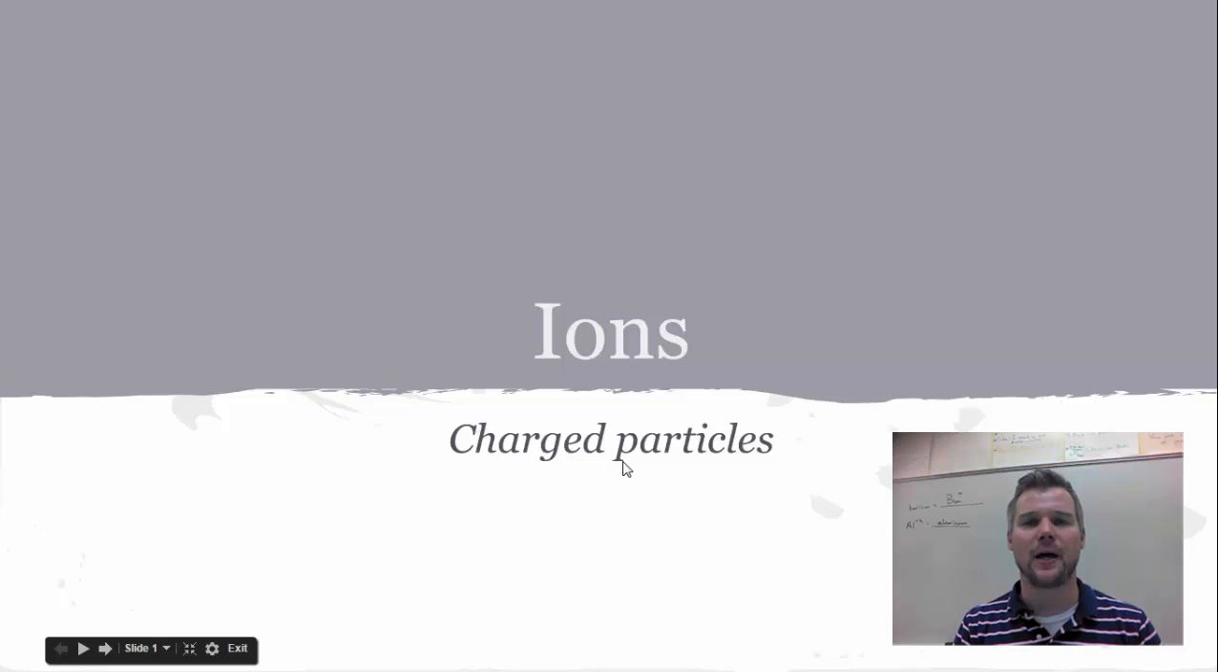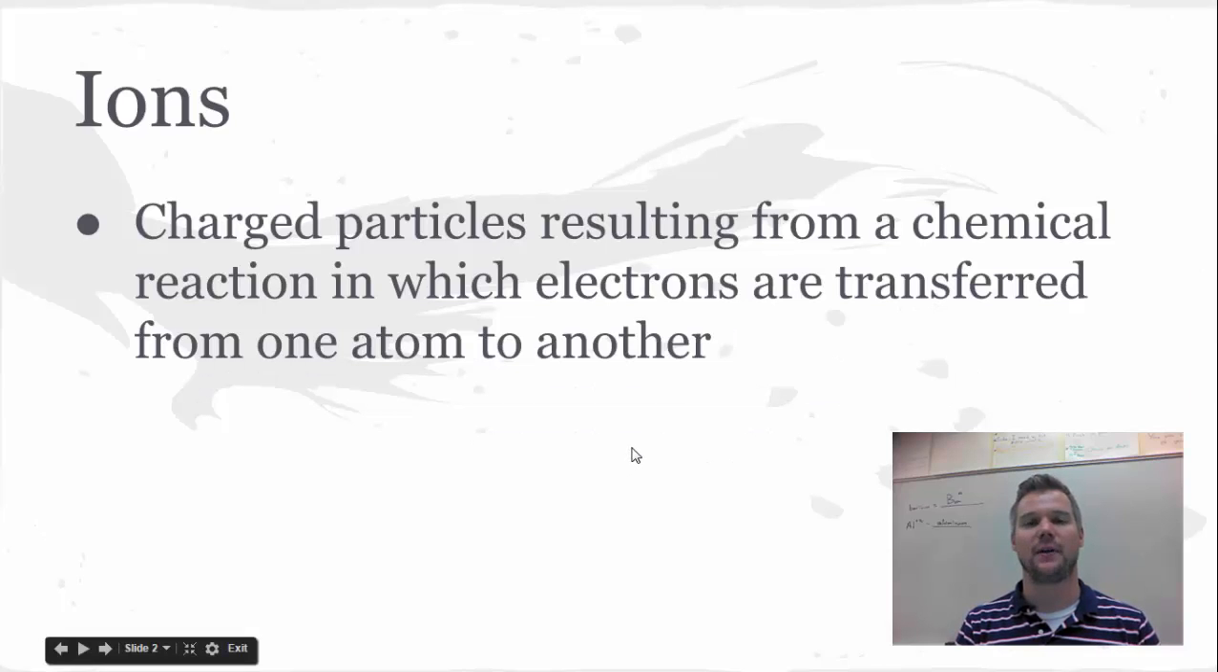Right, let's have a talk about ions, which are charged particles. Up to this point, you've only learned about atoms that have the same number of protons and electrons, making them neutrally charged particles. Ions are going to have a charge to them because an atom has either gained or lost electrons. They've been transferred to another atom. So when electrons are transferred, that causes a charge on that atom,